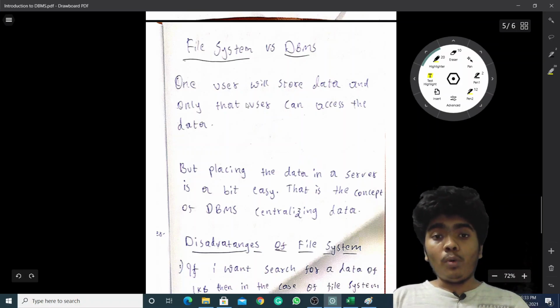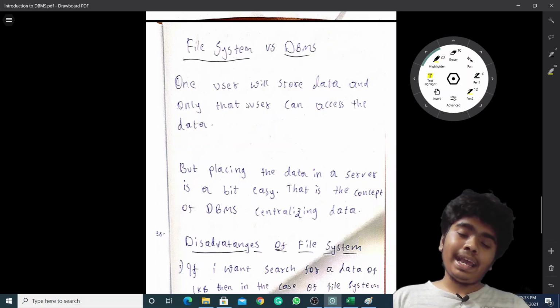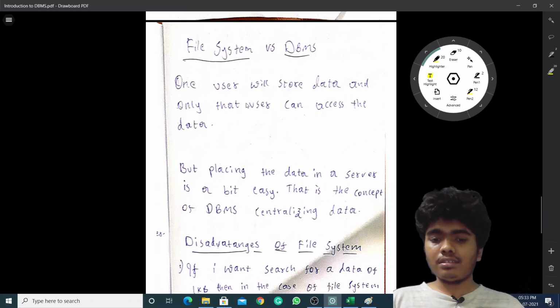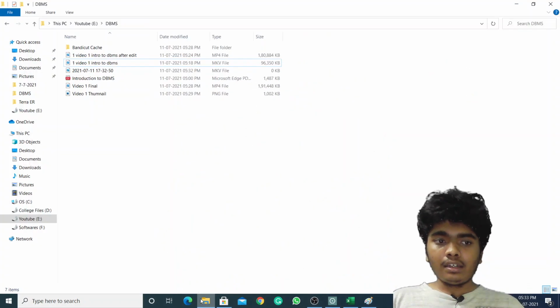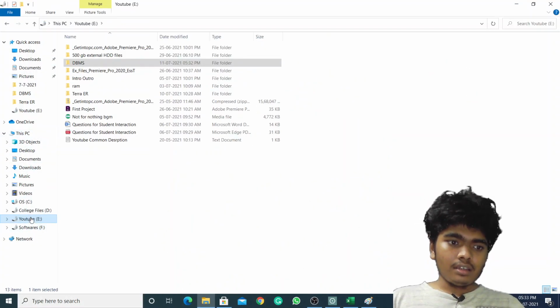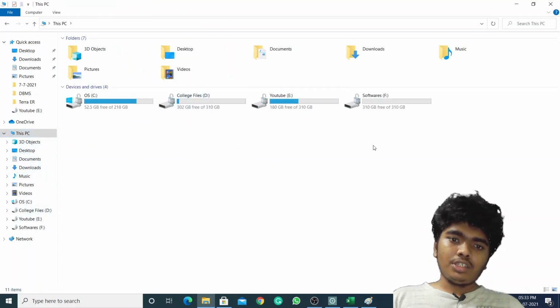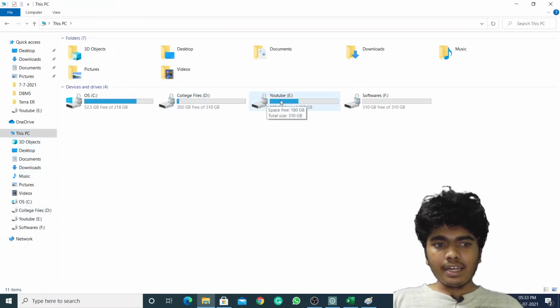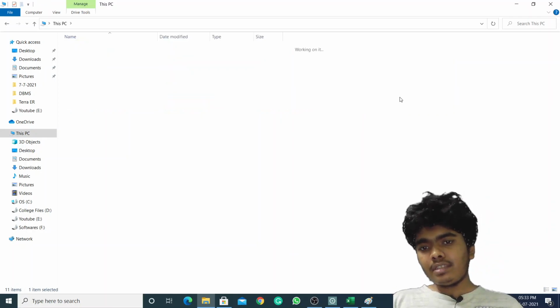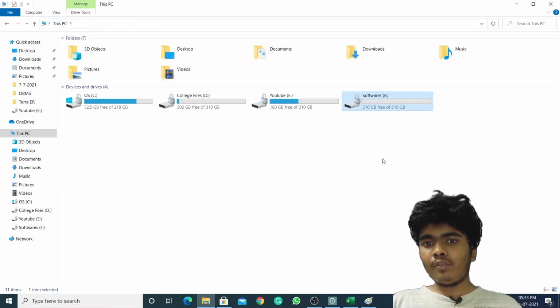In a file system, one user stores the data and only that user can access it. Here, in this drive or this PC, if you store any data, only you can access it. It is not for the public.